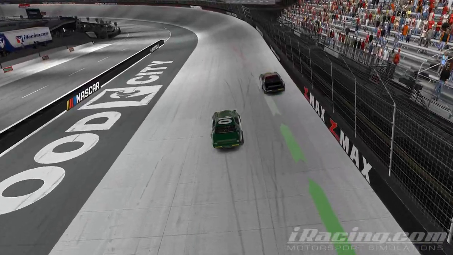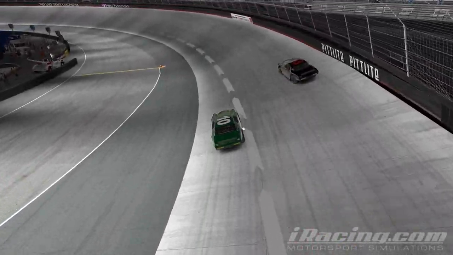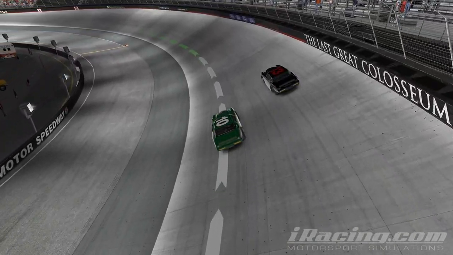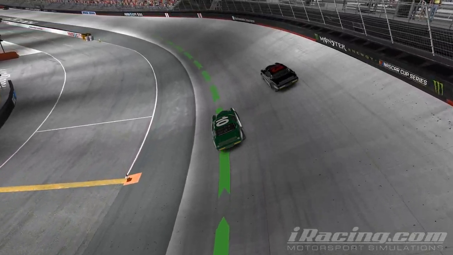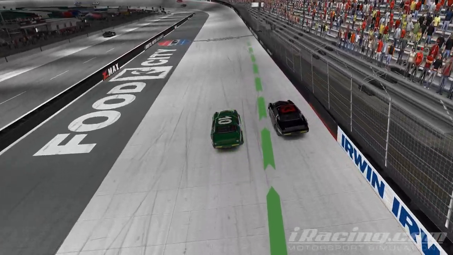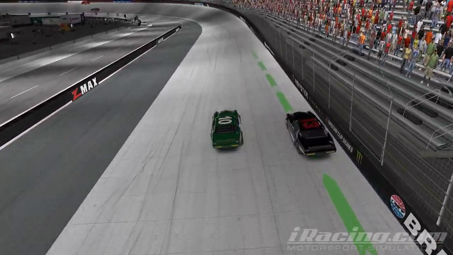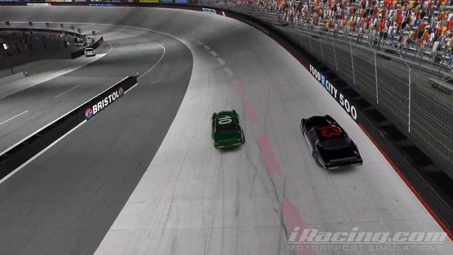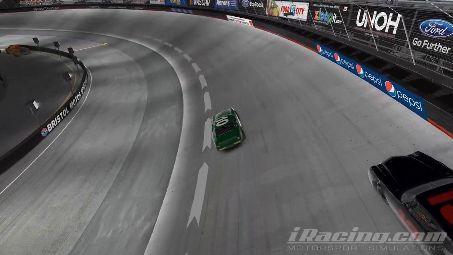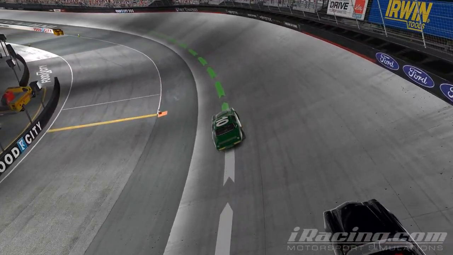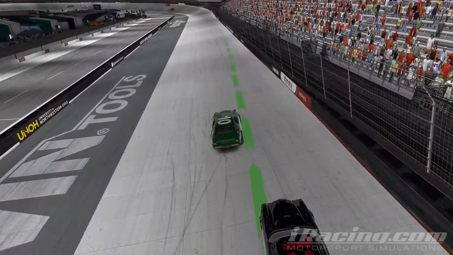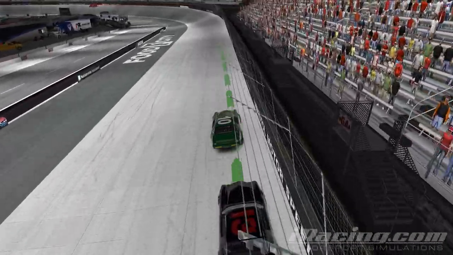So same thing, the 13 takes the high line around the corner, and the 10 now is getting up to his back bumper, but he's holding his low line nicely through the corner and pulls up beside the 13 down the front stretch and actually starts to make the pass here on the inside and continues to hold that line, but he's clear of the 13, so the pass is complete and the 10 is free to wash up the track, but he continues to hold his low line now on the preferred line